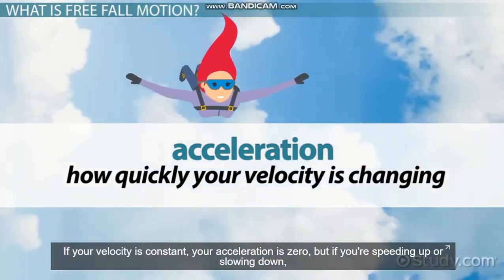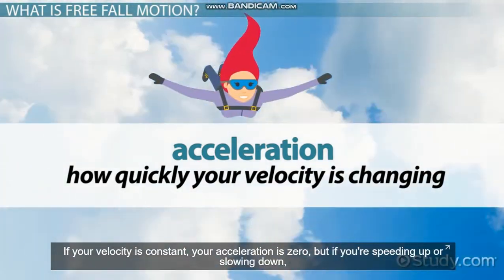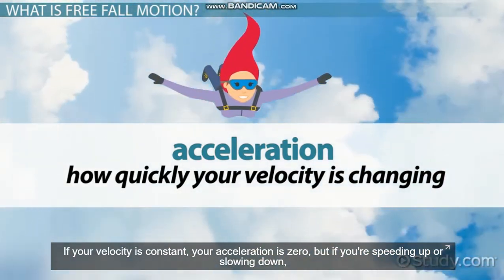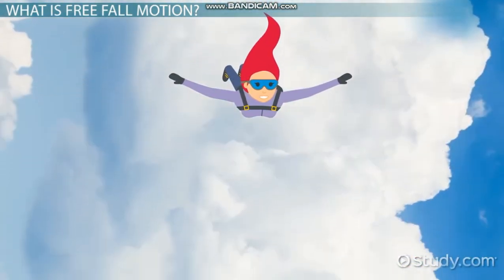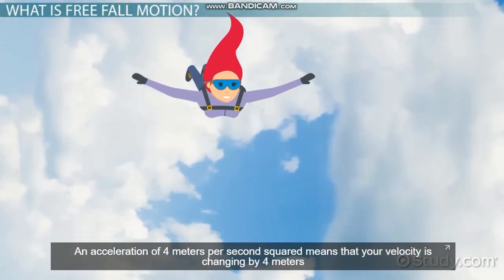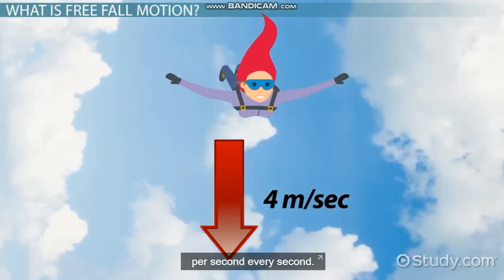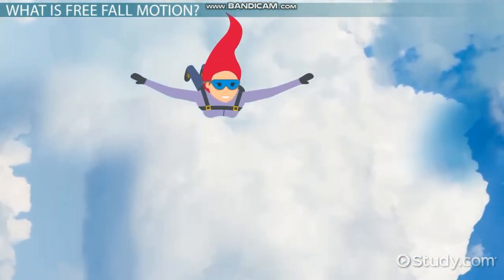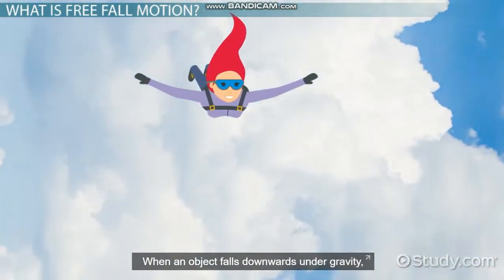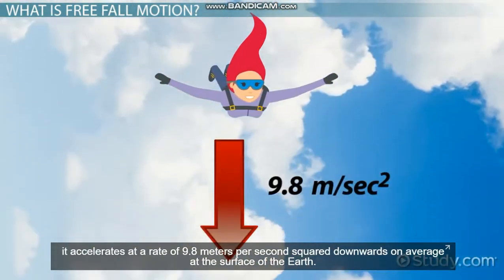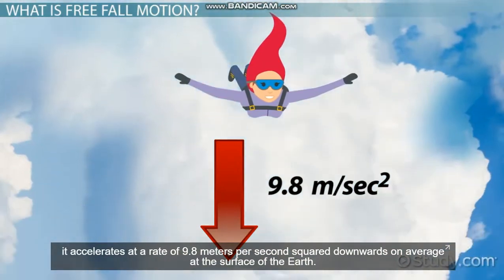If your velocity is constant, your acceleration is zero. But if you're speeding up or slowing down, then you are accelerating. An acceleration of 4 meters per second squared means that your velocity is changing by 4 meters per second every second. When an object falls downwards under gravity, it accelerates at a rate of 9.8 meters per second squared, downwards